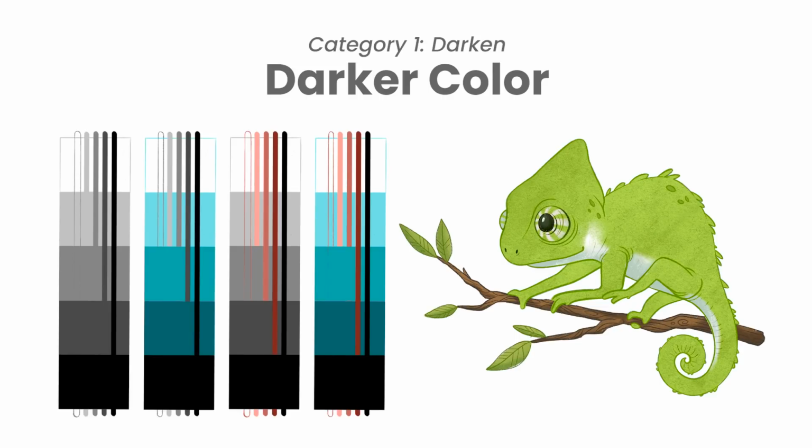But darker color, instead of looking at the different color channels, so red, green, or blue, it's going to consider the color as a whole, so all channels combined together. That means you don't get the slightest blending whatsoever. It's one color or the other, it's the base or the blend, whichever one is the darkest. But again, if that doesn't make a whole lot of sense, that's perfectly fine. Just look at the result and you're going to get a feel for what it does, and that's all you need to know.